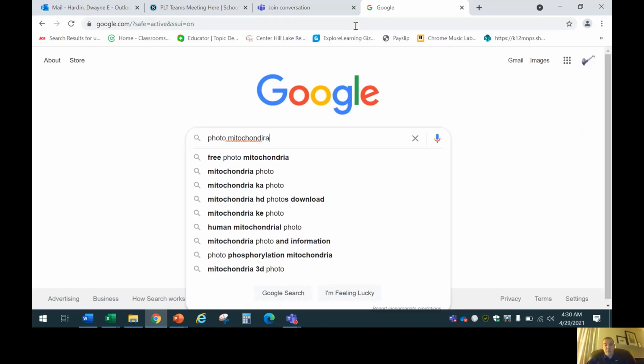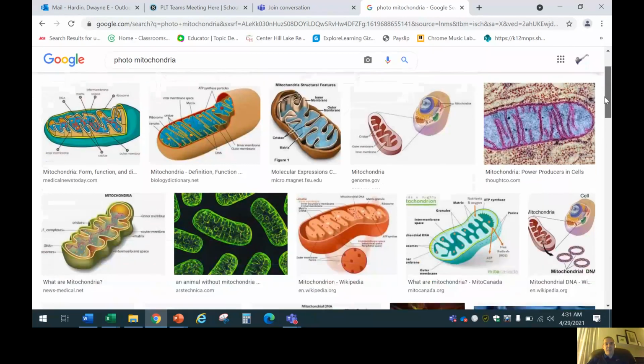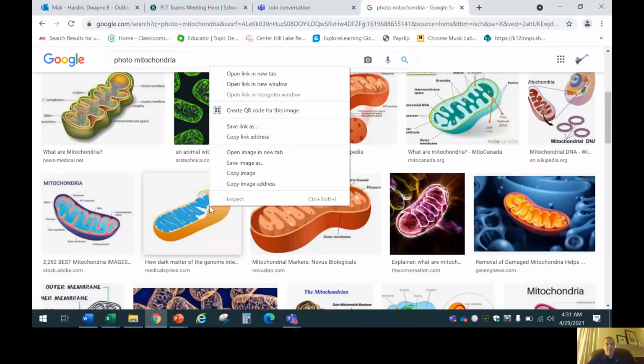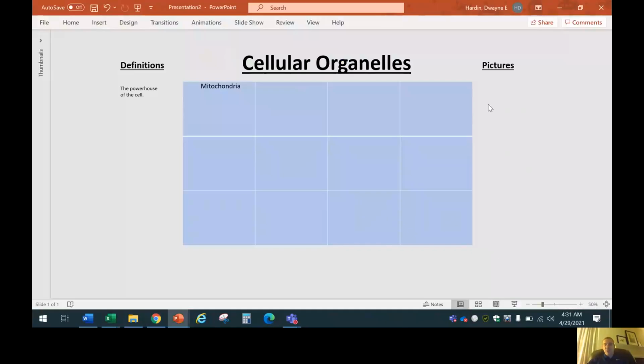I'm just going to put down photo mitochondria. And I'll probably want to find one that does not have a lot of labeling on it, so it doesn't take up a lot of space and it's a little bit easier to see. So like right here is a basic one. I can copy the image, I go back and I'm going to paste it,